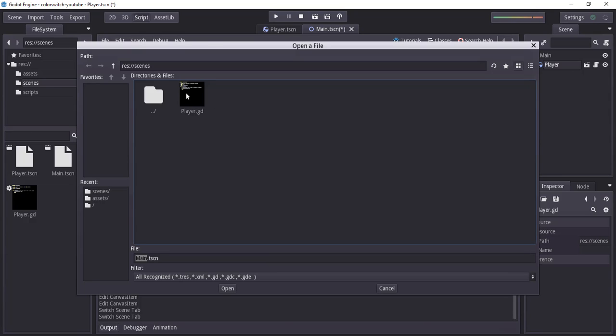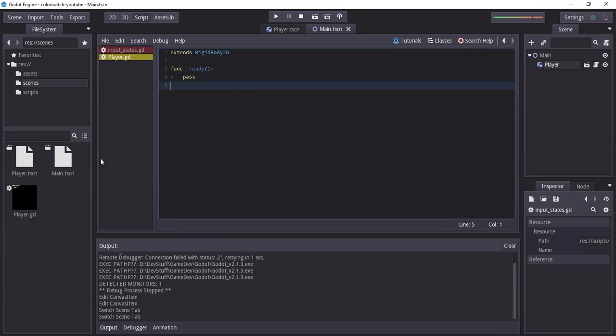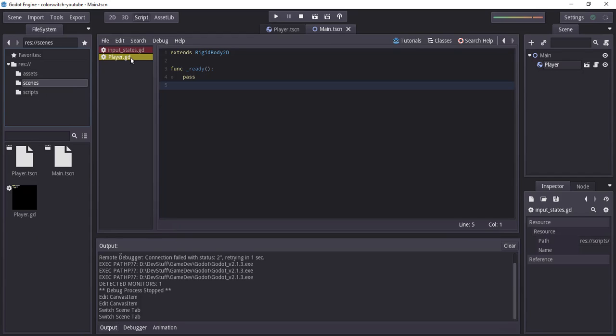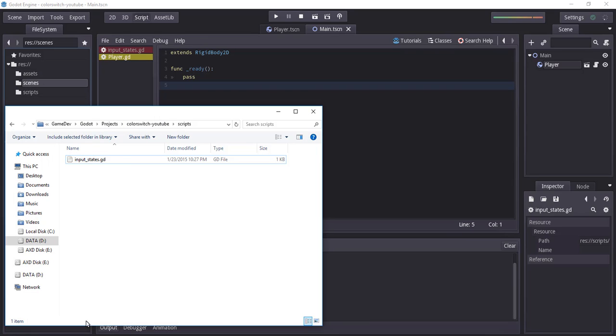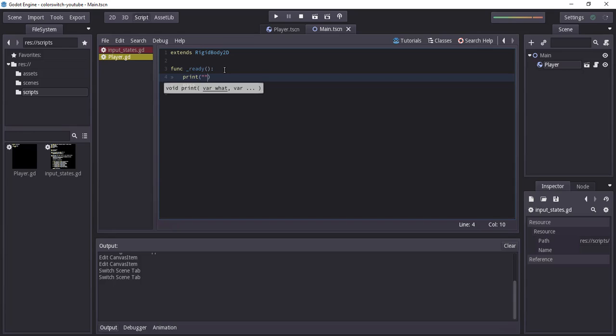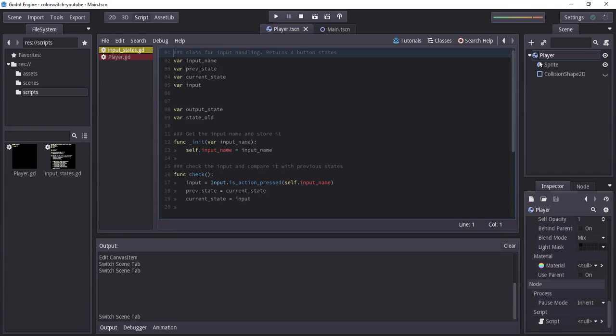So scene open, scripts, input states, and okay, so our player GD, it saved it on the scene, so let's I just switched it. Alright, so now let's see if I change this, test if it actually, oh right,